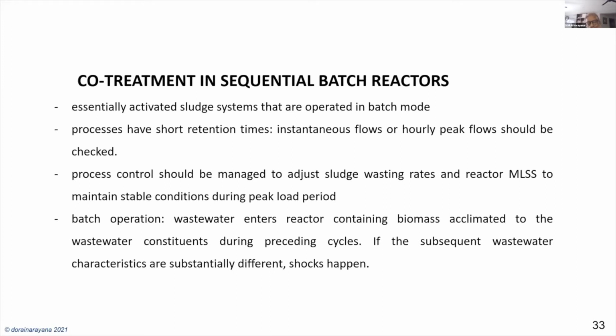In a normal activated sludge plant, it is a complete mixed reactor where the entire contents are kept completely mixed. So you don't need to worry too much about it, because it gets averaged out over the day. Whereas here, over the cycle, it settles, and then the remaining sludge becomes the return sludge for the subsequent cycle. And again, the biomass that is coming in could be different from the biomass that was already there in the earlier cycle, because different tanker loads could have different characteristics, and that could cause some acclimatization issues as well, right?